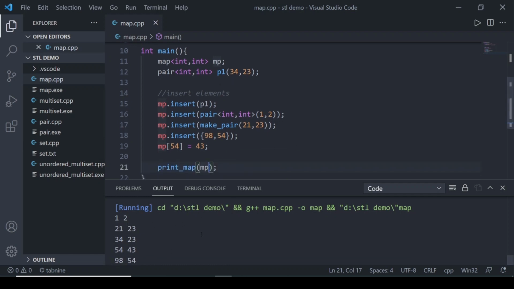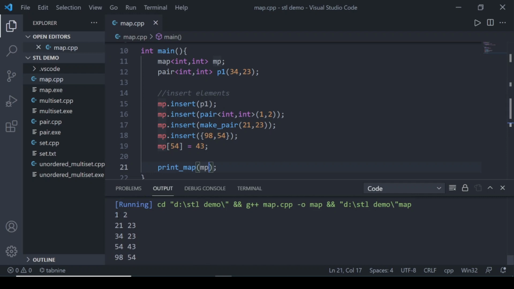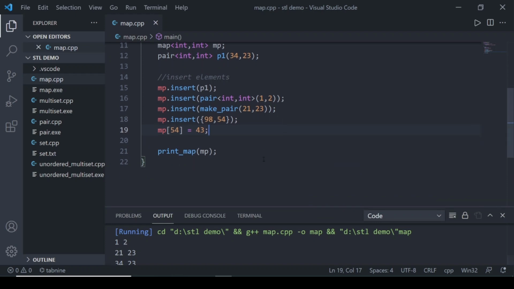We inserted in a different order, but the keys are in sorted order. Firstly the pair 1 comma 2 was inserted, then 21 23, then 34 23, then 54 43, and then finally this. So you can see that all the insert methods are working fine.